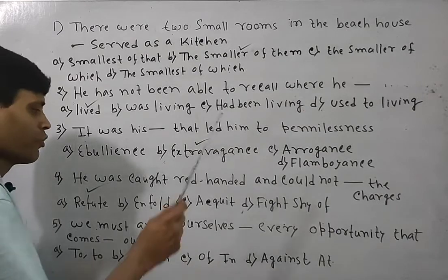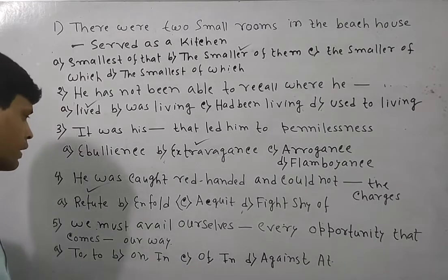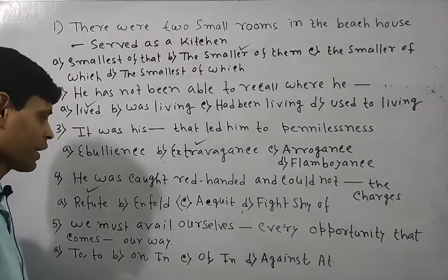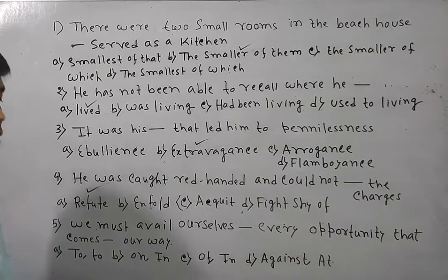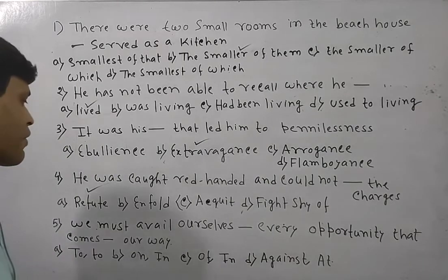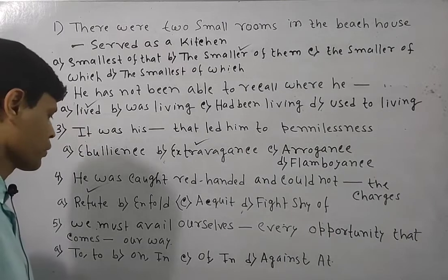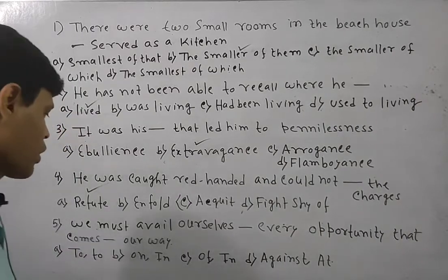So here of will be there, and in the second blank, among the options to, on, in, off, against, at, in will be the perfect answer. We must avail ourselves of every opportunity that comes in our way or that stands in our way. So the right option is